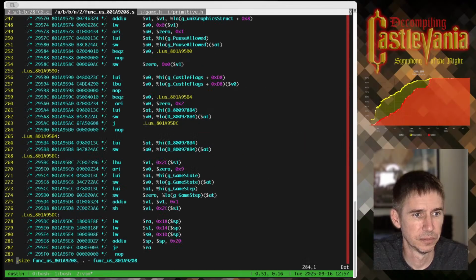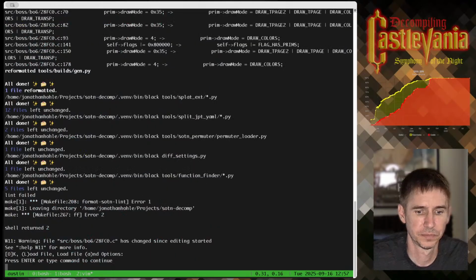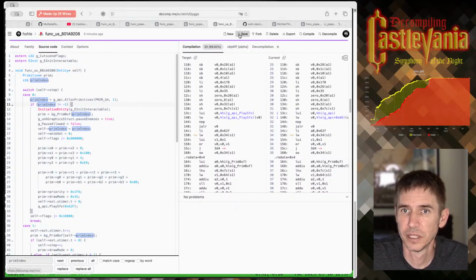A9084. A little shorter. I'm not going to do the other one because it is a dupe.